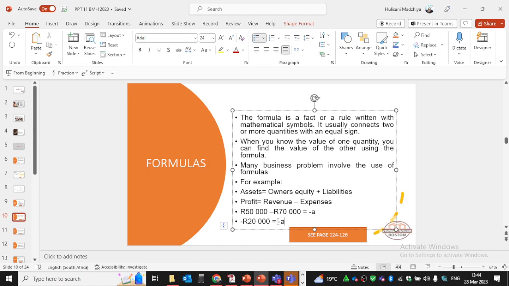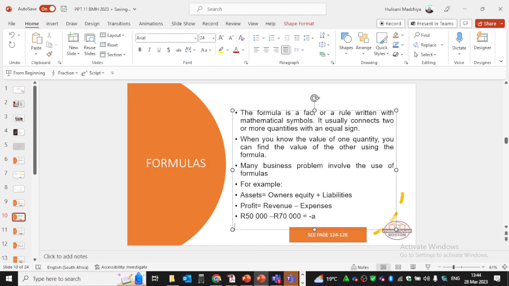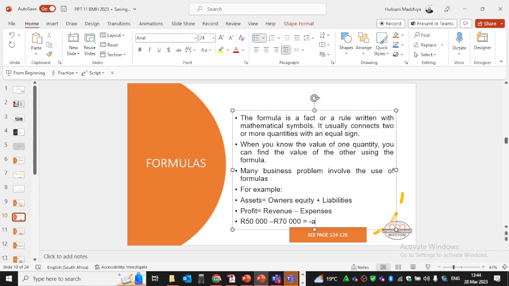Then it will be able to assist you to track down what was the account that you spent it on, and the value has to equal 20,000. So meaning that from equations we move to formulas, and from formulas again, sometimes when we try to solve a problem, which is a mathematics or business problem, through formulas,